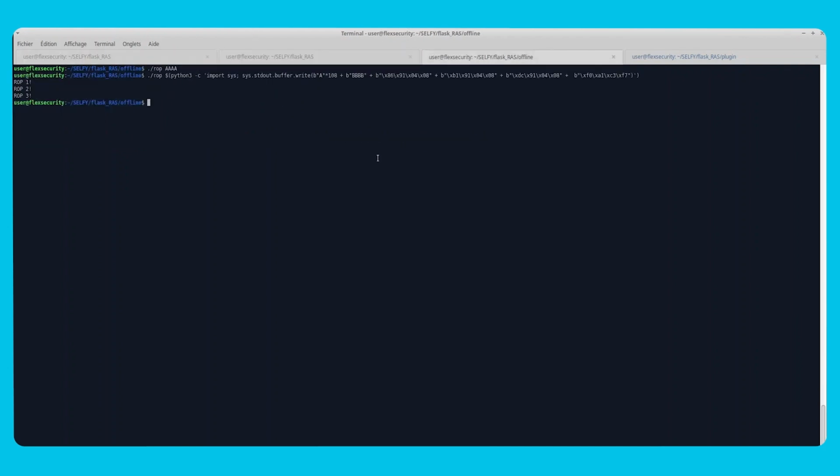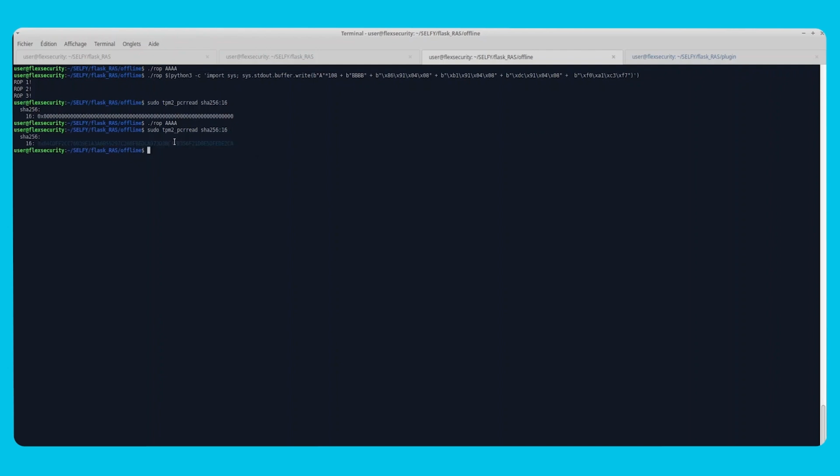Now, if we verify the state of the TPM that is also receiving information from the execution of the raw program, we can see that the state is at 0, so there is no information yet. If we execute the raw program with the correct string, so without inducing a bad behavior,